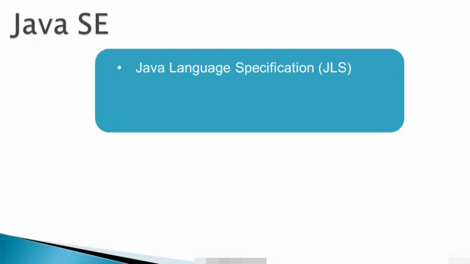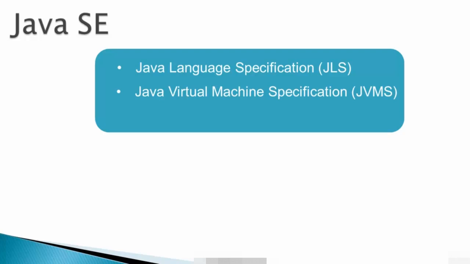So it is like any good book on Java, but is not easy to understand, at least for a beginner. Okay, later we will also look at the Java language specification, which is online. And the next specification is the Java Virtual Machine Specification, which defines how a JVM should work. And it also specifies the bytecode instruction set, and we will look at some of the bytecode instructions in the JVM internals chapter. And it also includes the Java API specification, which is nothing but the specification of the Java library.